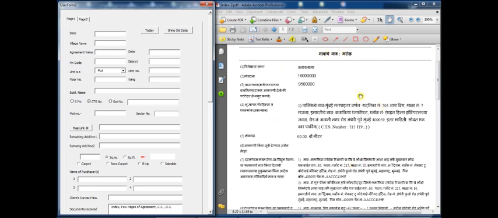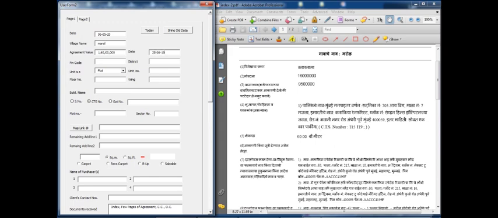These are preliminary data which can be entered by reading Index 2. First, we will press this button to enter today's date. We don't have to read a calendar to recollect the date. By pressing this button, today's date gets entered here directly. Let us enter the village name here. Here we will enter the agreement value, and here we will enter the agreement date.